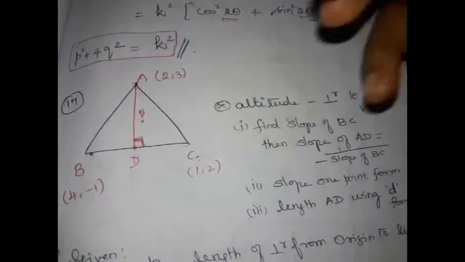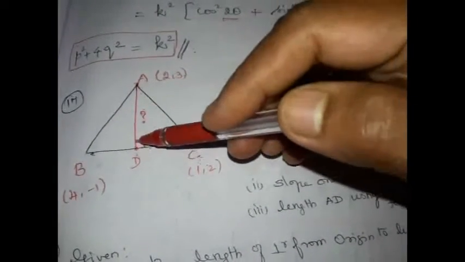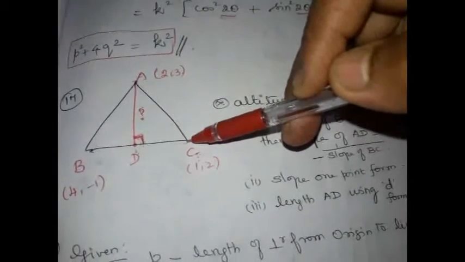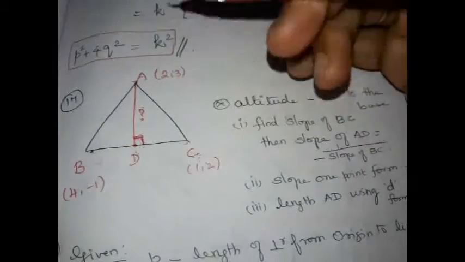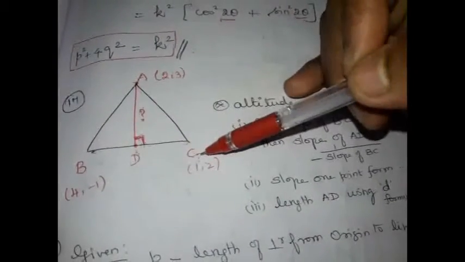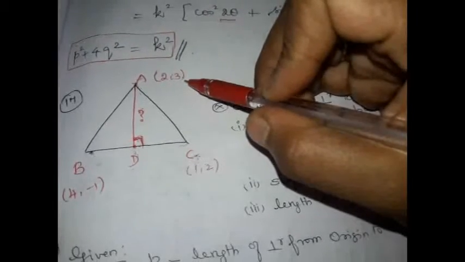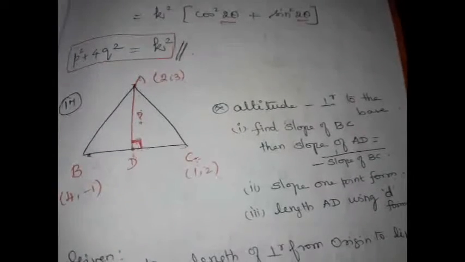How can we find the length of AD? It is nothing but the perpendicular distance from a point to the line. So for that we need the equation of the line. Right? Since we have 2 points, we can go with the 2-point form and get the equation of BC, and rewrite it in the form Ax plus By plus C, so that we can identify what is A, what is B, what is C. And we know x1, y1 here, so we can substitute in the distance formula and get the length of AD. Hope you understood.